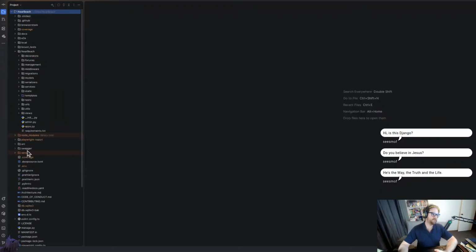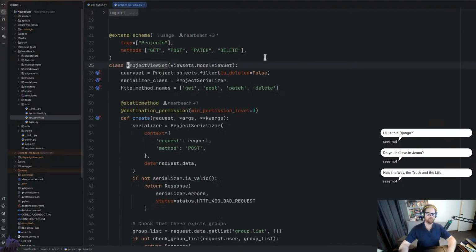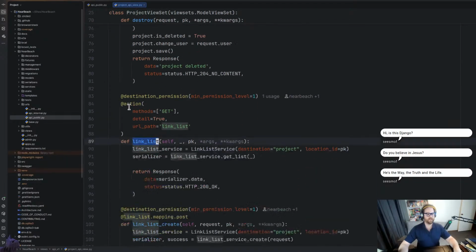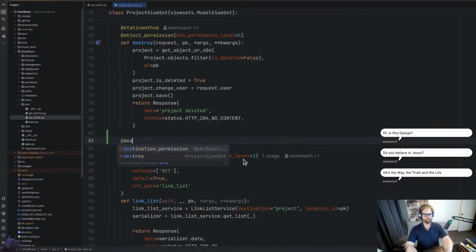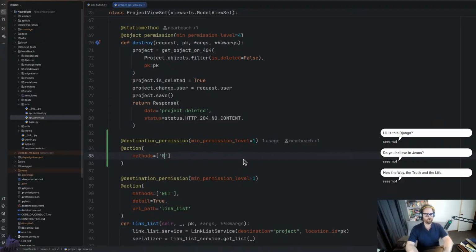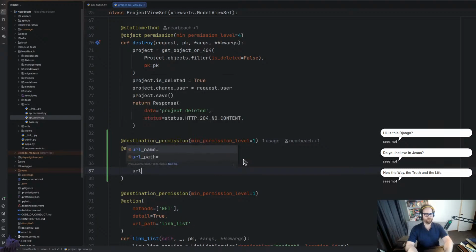All right, so we need to go into NearBeach. We need to go into the URLs. Now this is going to be a public URL. This is going to be part of the project, so the project view set. So we've got all of this. Notice how we've got linked lists in here and all that kind of fun stuff. Minimum permission level 1, action methods equals a simple get command. Detail equals true. URL path is going to be